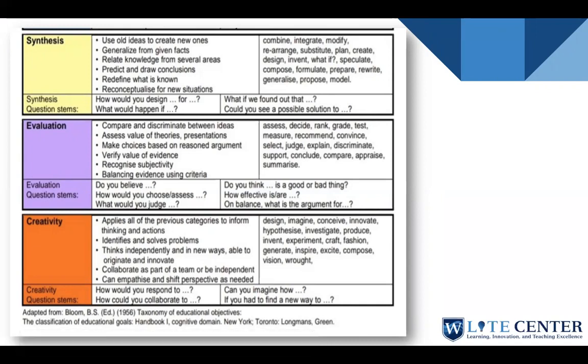Are you asking your students to recall some information, or are you asking them to do something deeper with it? Are you asking them to assess the information? Are you asking them to judge it or respond to it or imagine a new way of doing something? That's why these different question stems are important, because they add variety, and they can also help us to effectively build up the knowledge, or check on the knowledge that's being built, and get students answering at a deeper level by maybe starting at one of the lower levels and skipping ahead, building up to the third level and then the fifth level, and being able to see how students are able to respond